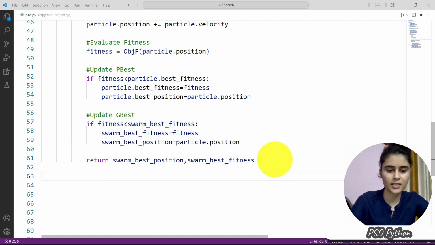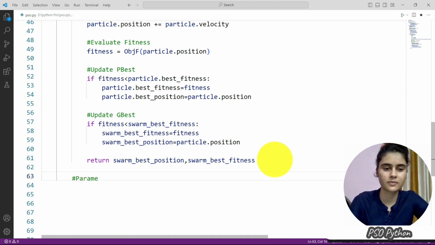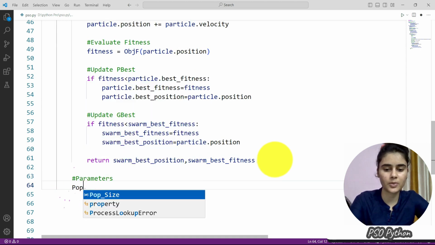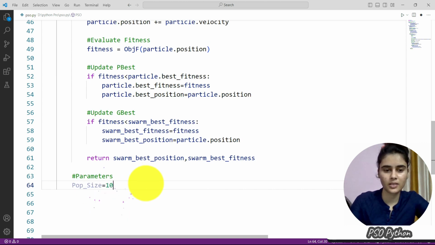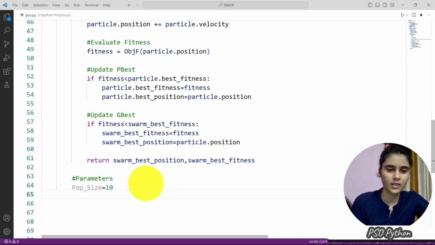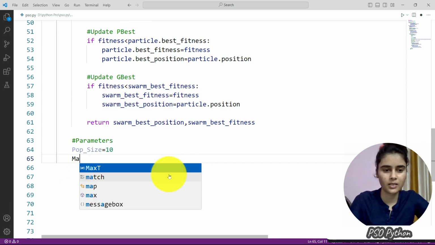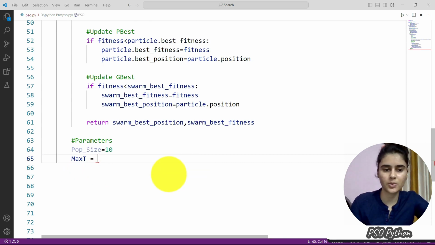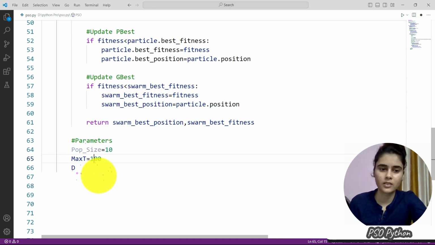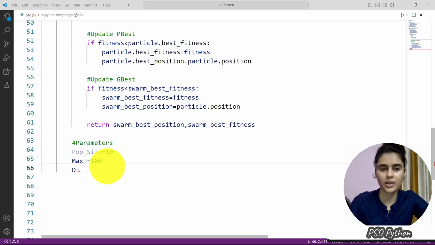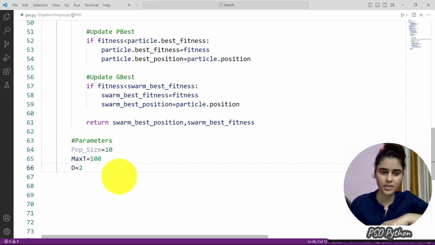Now we will initialize the algorithm parameters. Population size, suppose 10, and maximum iteration, suppose 100. Dimension, suppose 2, for example.